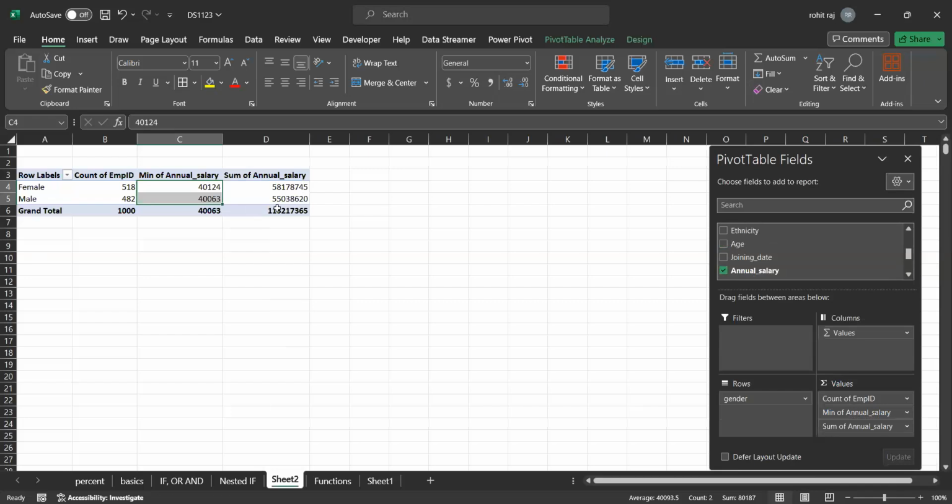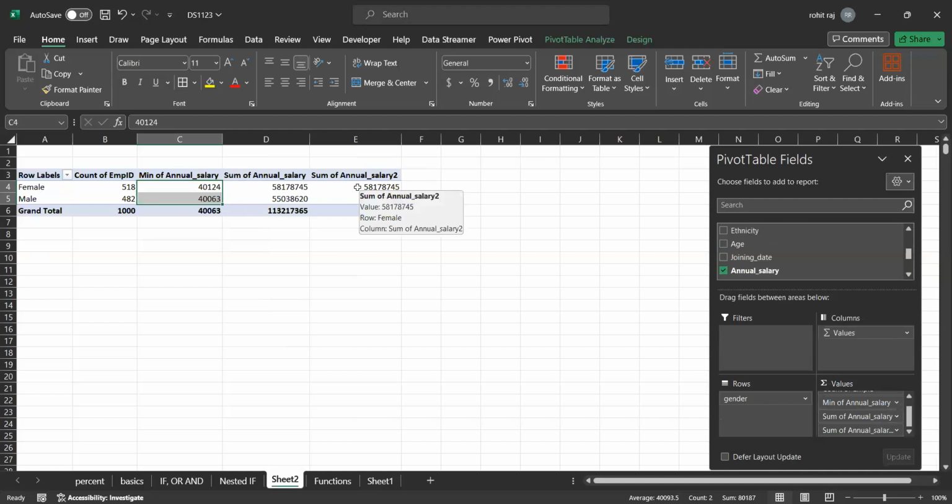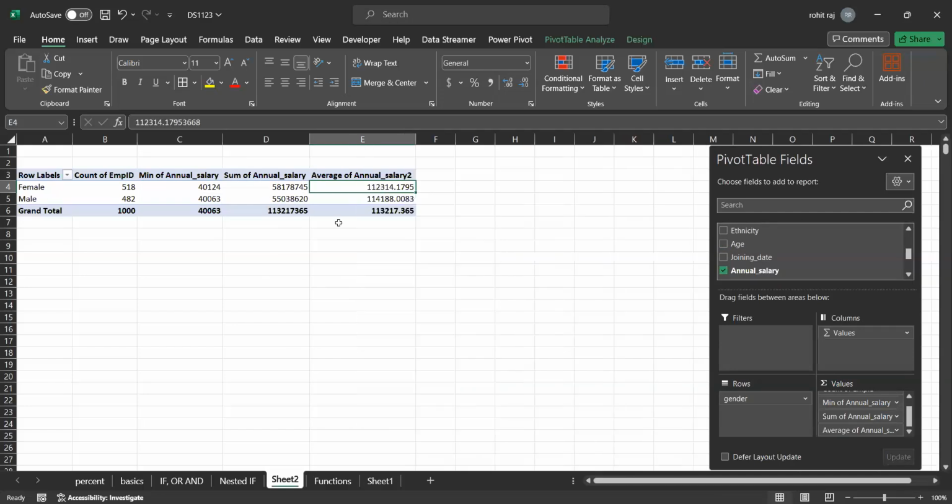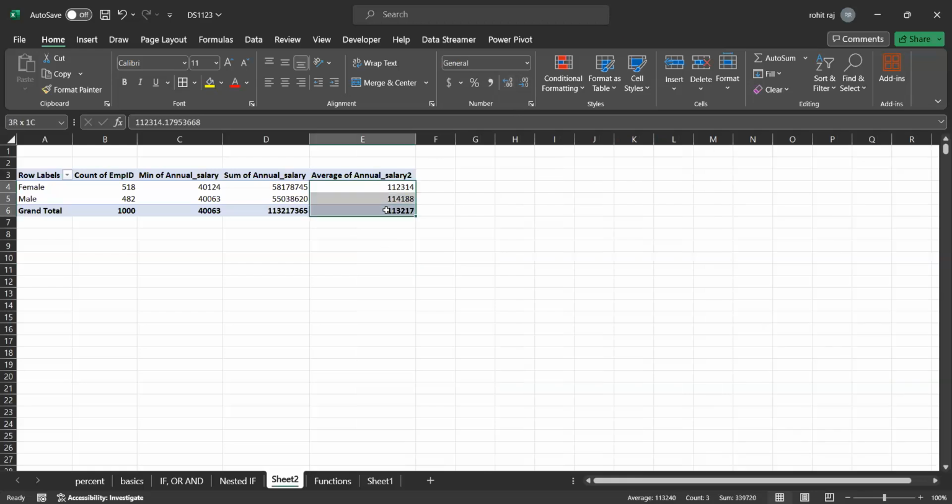Let's say this is the sum of annual salaries. I'll add one more time, right? And this time, instead of using the sum, the average salary can be displayed here. So summarize values by average. So this is the average salary. You can round this off up to 2 places of decimal here, or maybe 0 places of decimal. So this is the exact value that we are getting,